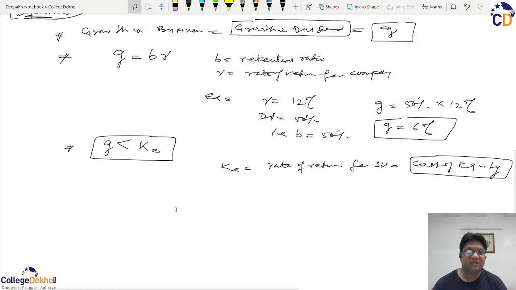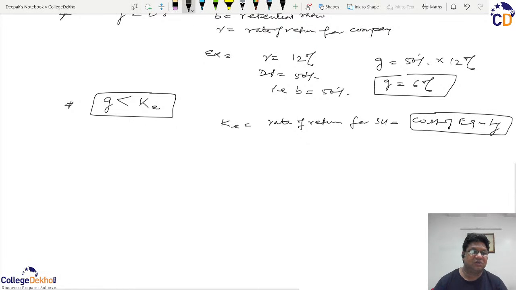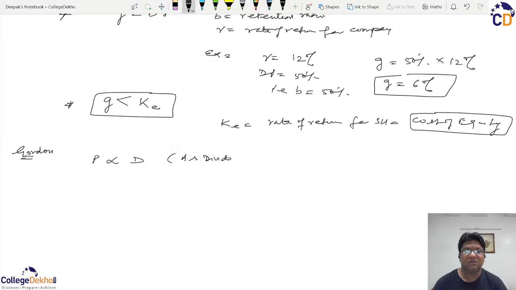And with these three assumptions, Mr. Gordon advised that the price is directly proportional to the dividend. It means as the dividend increases, the price will increase. तो जैसे जैसे डिविडेंड बढ़ेगा, price of the share increase होगा, and price is also proportional to the growth rate